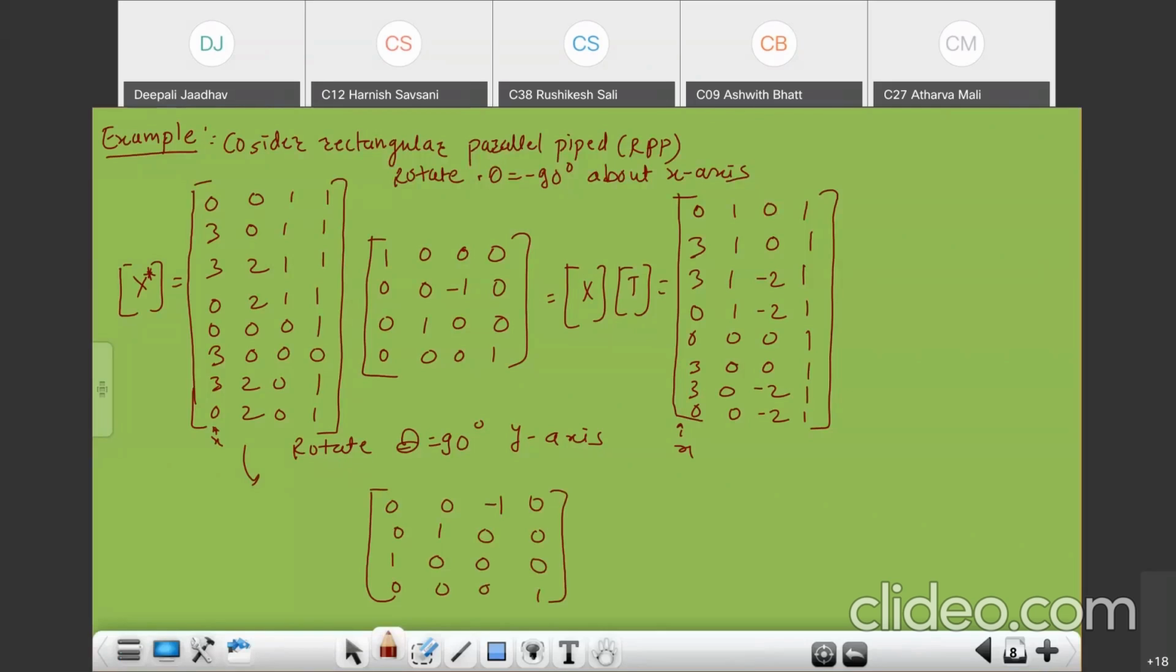So the result is 1 0 0 1, 1 0 minus 3 1, 1 2 minus 3 1, 1 0 1, 0 0 minus 3 1, 0 2 minus 3 1. So you observe here that